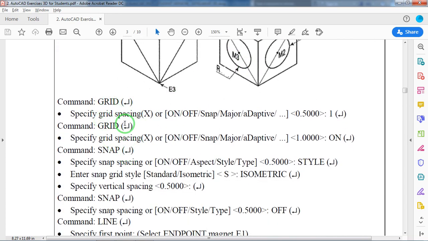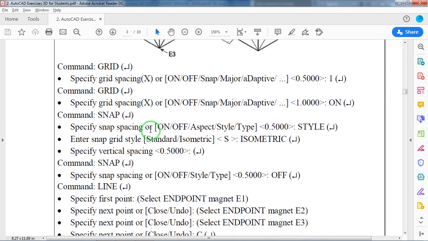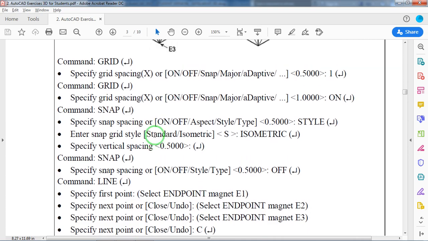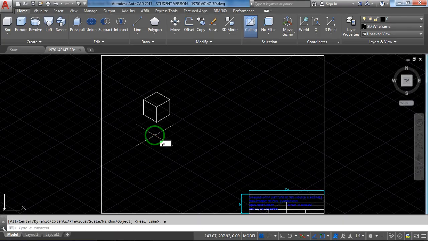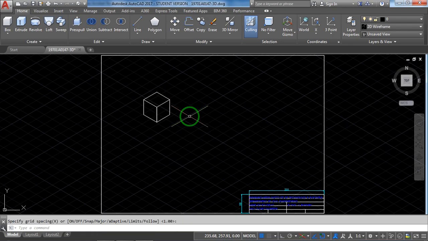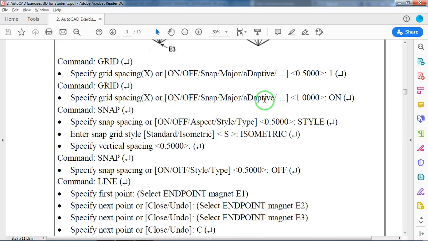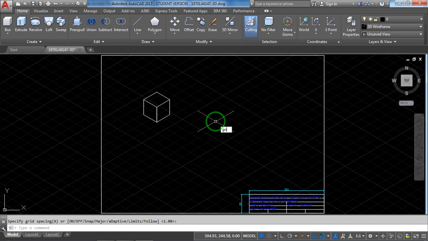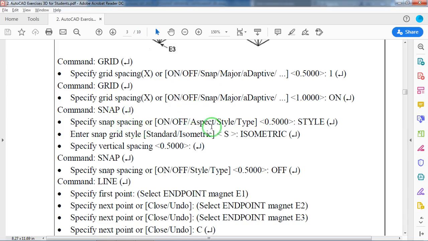See here, as usual, we'll go for settings, right? These settings are already done for the previous, but else again we'll check it. What was that? First, grid spacing was 1. Now default you can see 1. Enter. Now whether we have to take the grid on or off, again grid, enter, on or off, on, enter. Next, snap style we have to change. You hope remember style isometric, spacing 0.5.